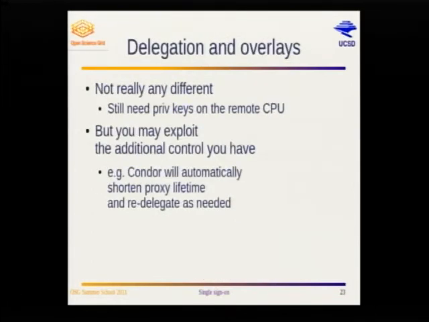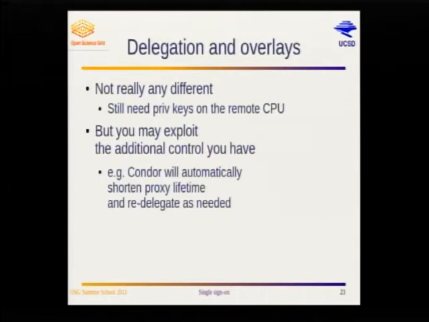So just a word about delegation. If you use an overlay like glideins, you still want to use a proxy, because you still may want to use a third-party file transfer from the worker node. If you don't have a proxy, you will not be able to, because the worker node still doesn't have access to your private key, even if you're using glideins. The problem is pretty much the same. It's just, as Brian said, Condor-G supports proxy renewal. It just works a little better in the overlays.